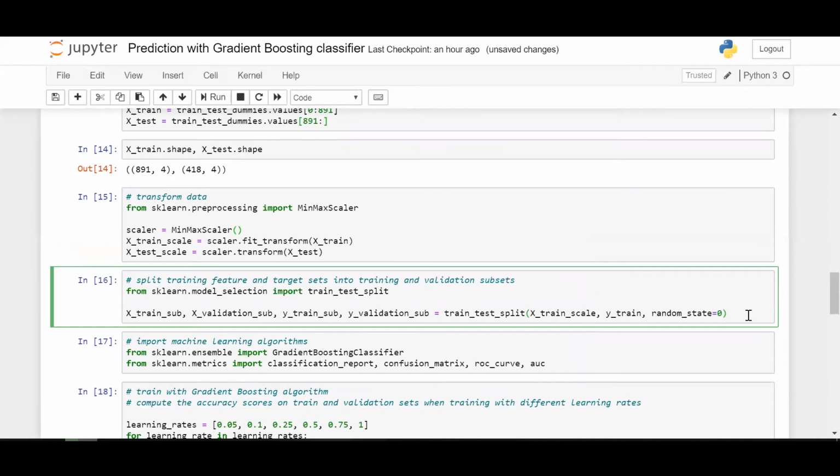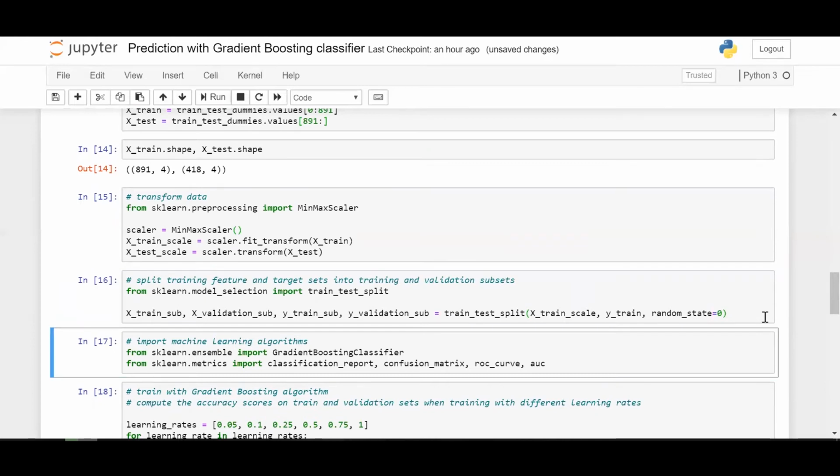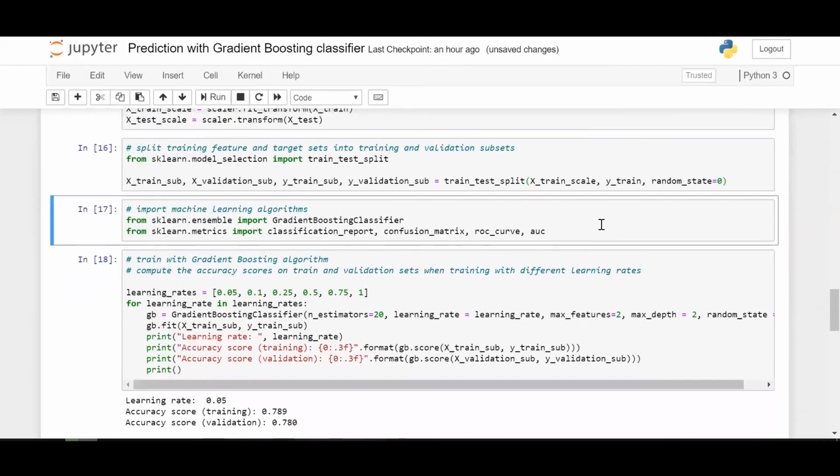Okay, coming back. PCA algorithm also we have done. So here we're doing train test split. And from the ensemble methods, we have the gradient boosting classifier. Random forest classifier is also available under the ensemble module of sklearn.